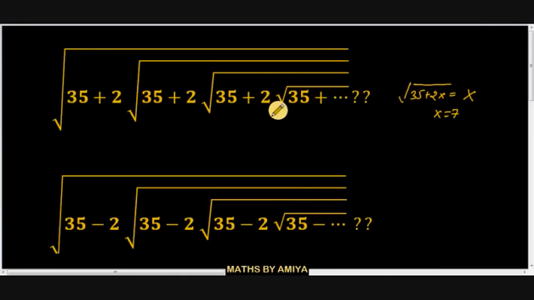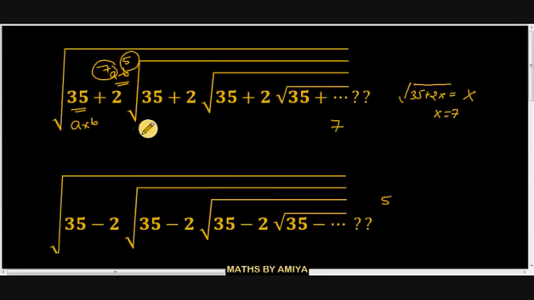There is no need to work like this. If you have this type of question, you just need to know the value of a into b and a minus b. The first number is a into b and the second number is a minus b. Since a into b is 35 and a minus b is 2, we can say a is 7 and b is 5. If all terms are plus, then we will get a bigger value, so the answer is 7. For this question, all terms are minus, so we'll get a smaller value, so the answer is 5.